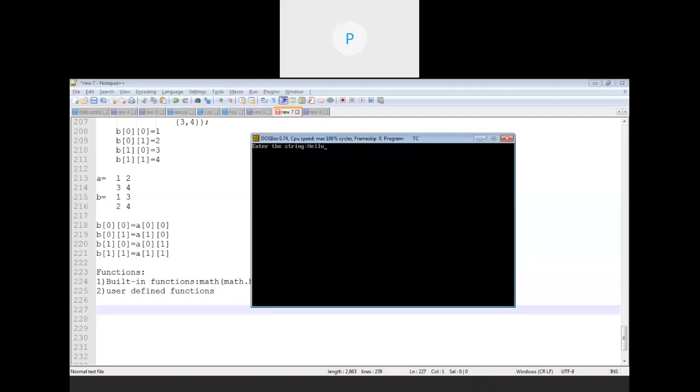So enter the string. If I have written hello, you can see within s1 the value is stored as hello, and within s2 the value is stored as welcome. Okay. So both strings are now taken. We just have to perform the operation on them.